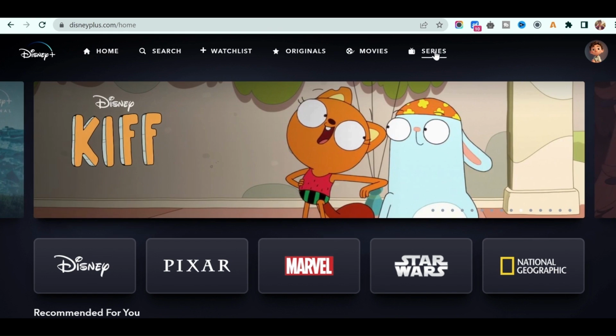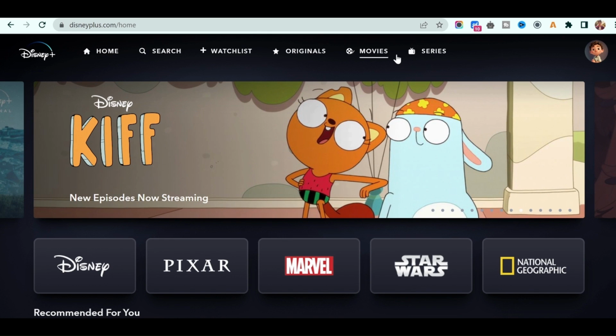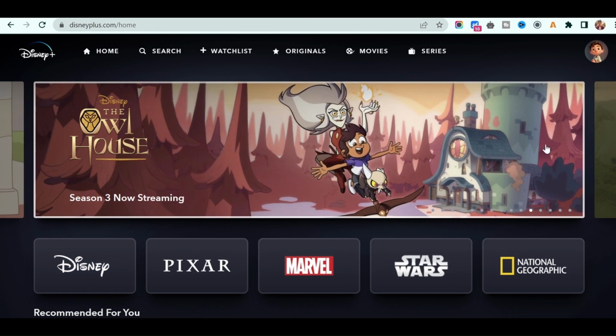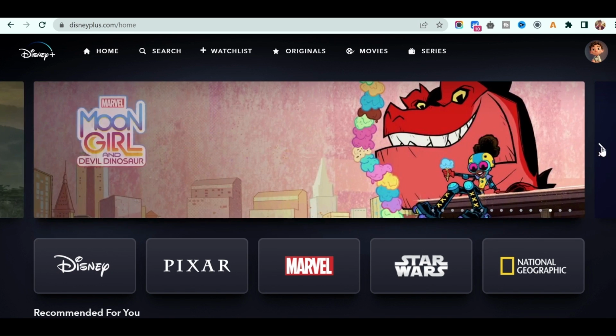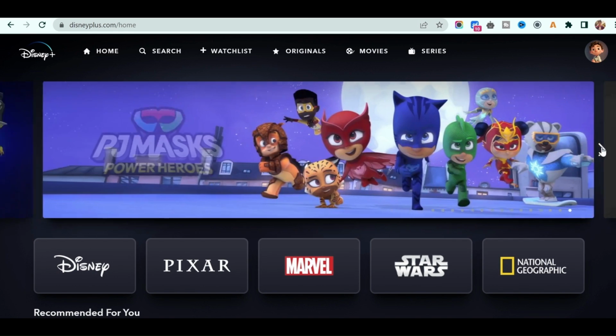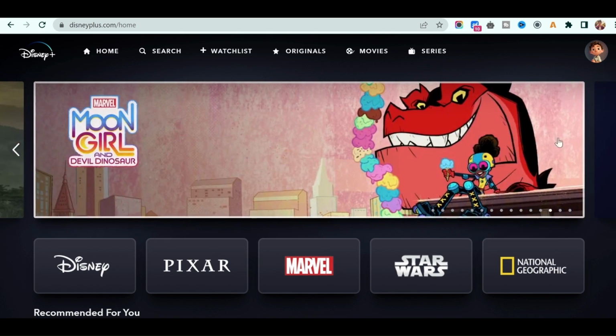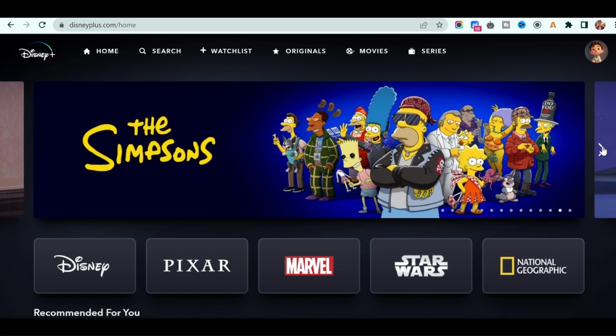We will implement this one and I will teach you how to use the open source React icons in our application. Also, we have the slider, and I will teach you how to add this slider and how it works on click of navigation. So if I click on the previous or next button, I will teach you how to do it.